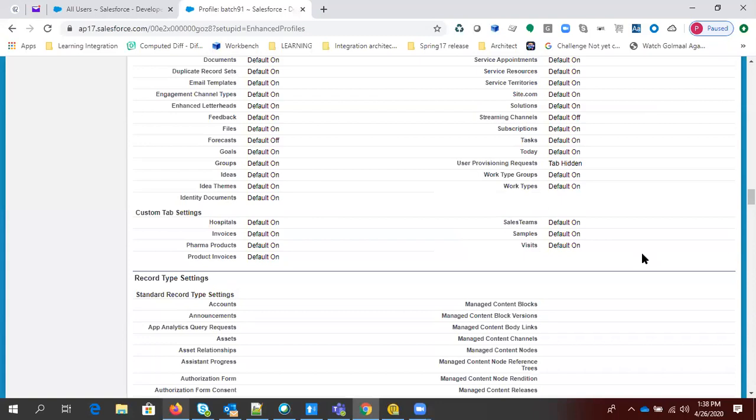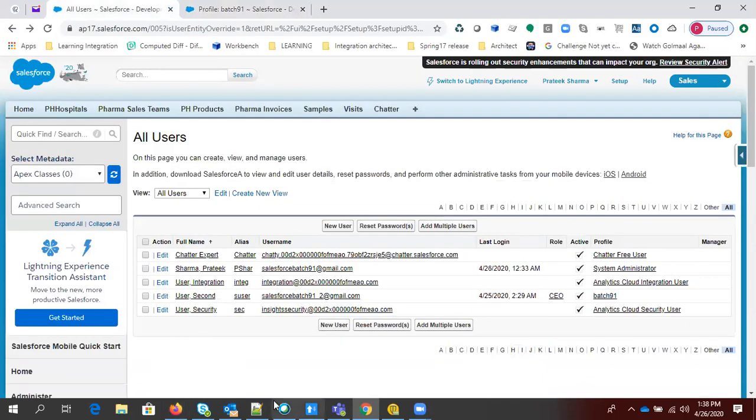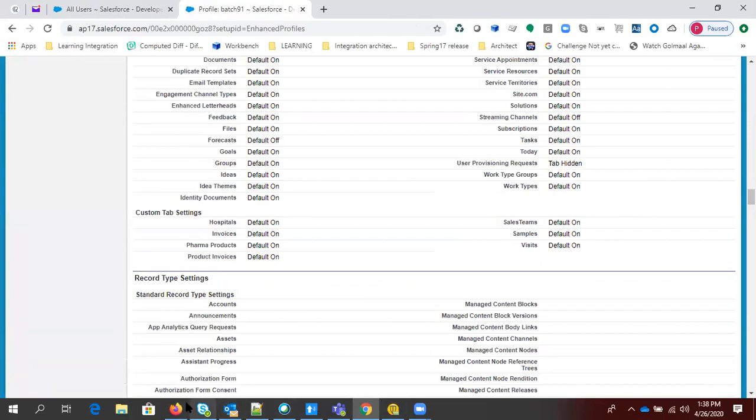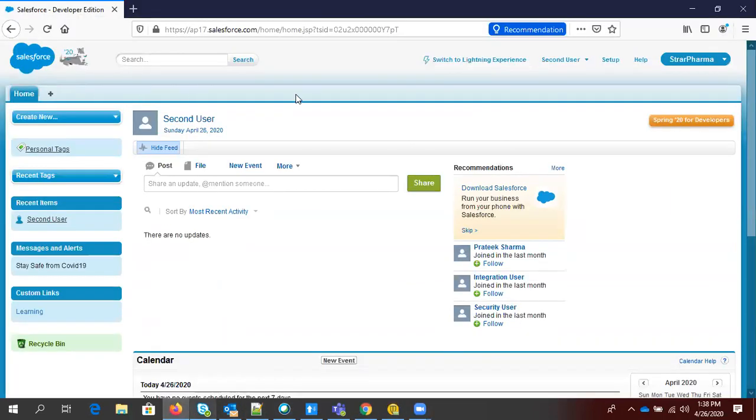So a tab is just a gateway of the object. This particular user doesn't have any tab visible because tabs are the gateway of the object, but this particular profile doesn't have that object level access. So it is blank now for the Star Pharma app. So we'll discuss this. And if you open the sales app as well,